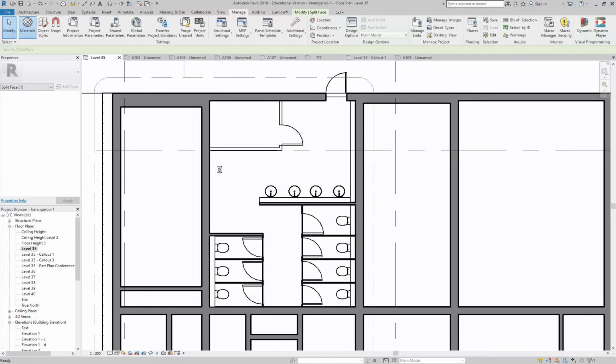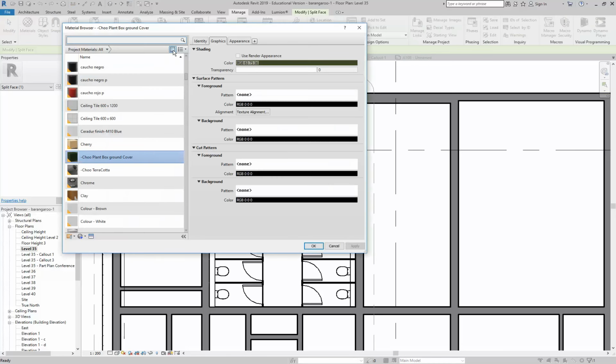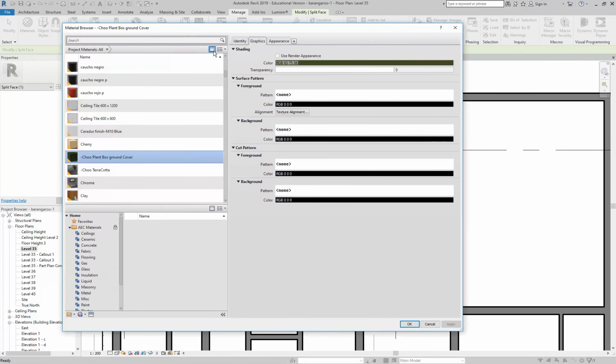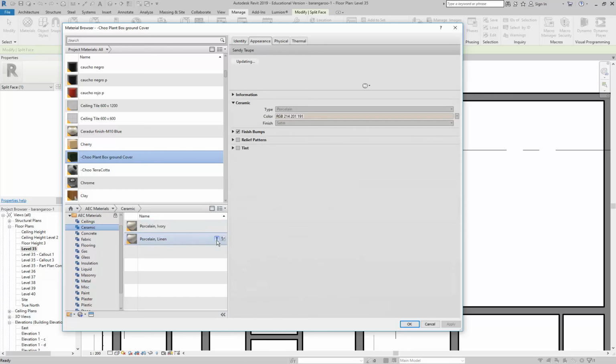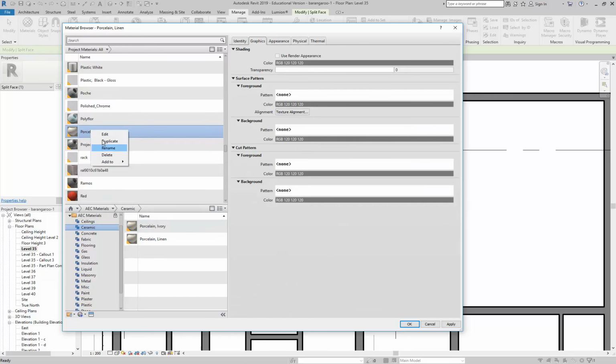So I've shown you enough duplicating a material, so I'll just remind you about the option you've got to make a new material if you've forgotten that one. Bring up this button here to bring up your little library panel down here. And then we can go to ceramic and get a brand new tile material to save me doing all the duplicating. And I'll call that ceramic tile